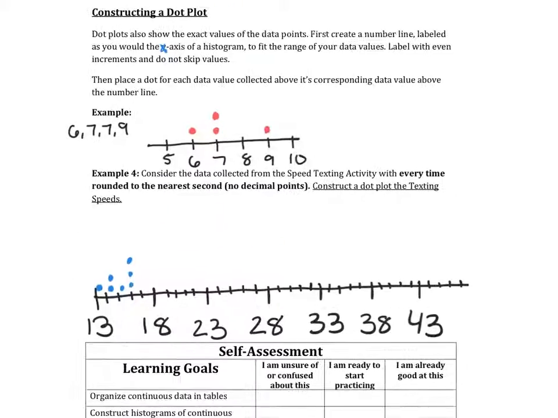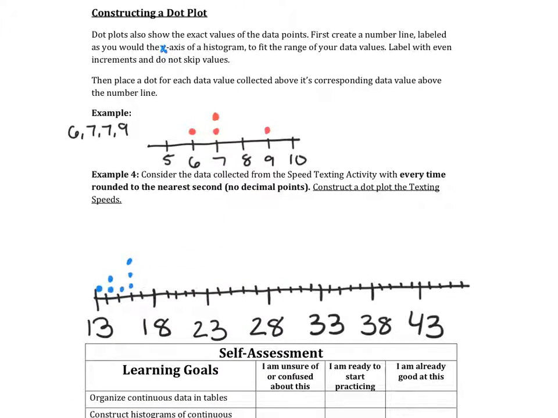Okay. Do you guys have any questions on histograms, stem and leaf plots, or dot plots? Okay. Then